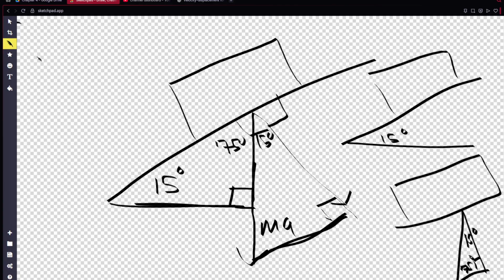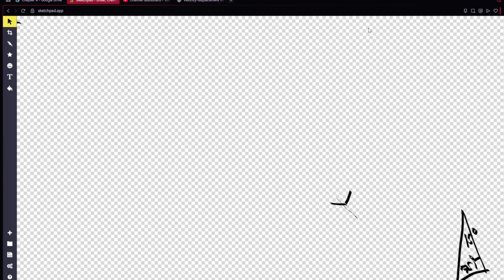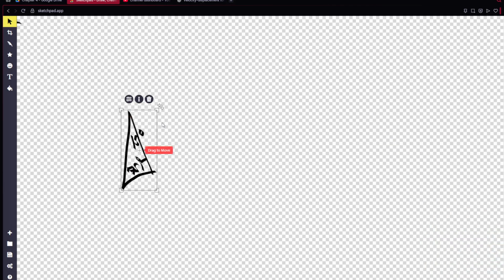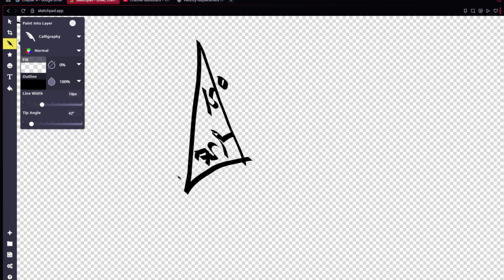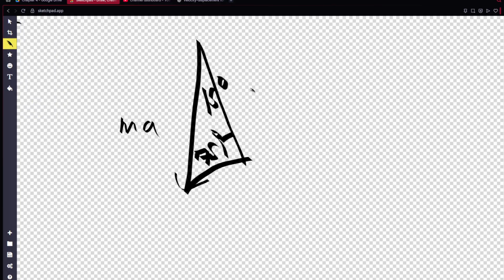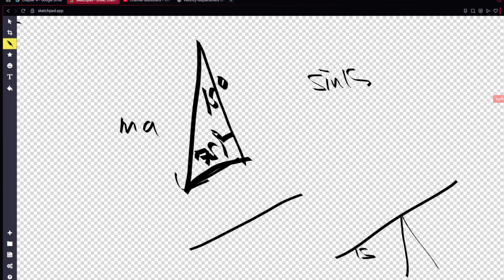And this allows us to use trigonometry to figure out the x and y components, or not the x and y components necessarily, because the y component would just be gravity, but it would allow us to find the normal force. So remember, this is straight downwards, so it'd be mass times acceleration, and we could simply use trigonometry. So sine 15 would be this, which would be the force that is parallel to, remember, the inclined plane, which goes this way, with the box on top of it. So if I had to redraw it here, just for reference, 15, sorry, it wouldn't be that, it'd be this,